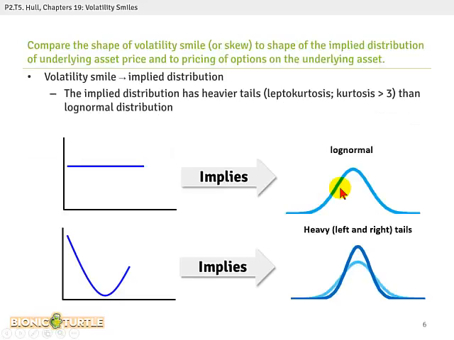Okay, so now we get really to the essence of the entire chapter, and by the way, the most testable portion. And that is to say that one way to interpret the smile is that it implies a distribution. And so the way I would set this up is that if we think about that Black-Scholes option pricing model,